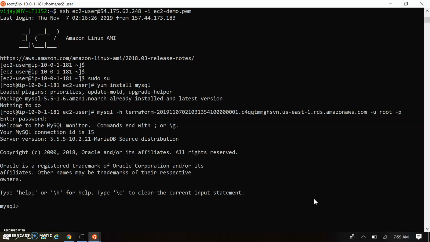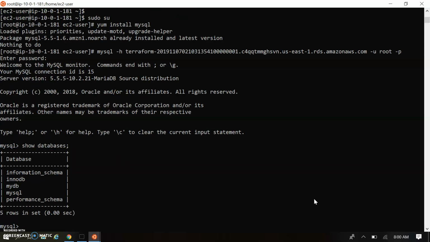My instance is running in the database service, that is the RDS service, and this is my virtual instance, the EC2 instance. So I connected to the DB instance. Let's have a quick look at the available databases. These databases are created by default in the MariaDB instance.